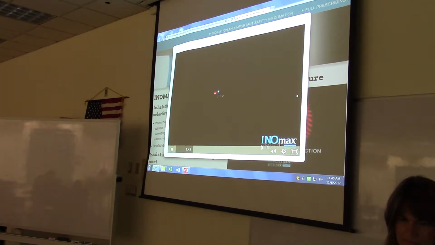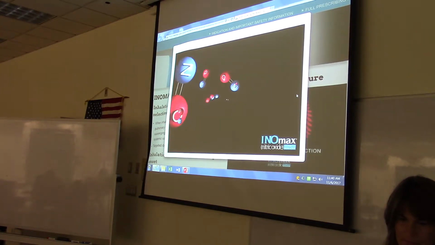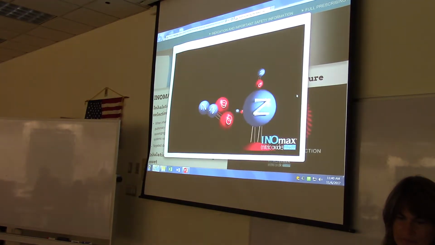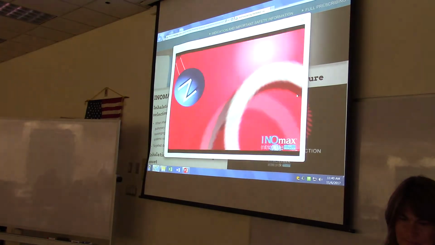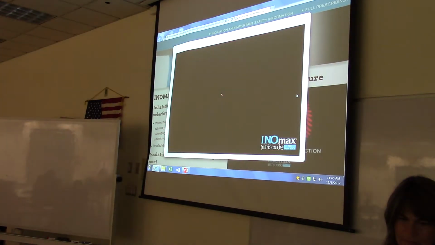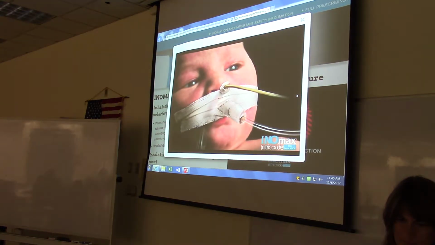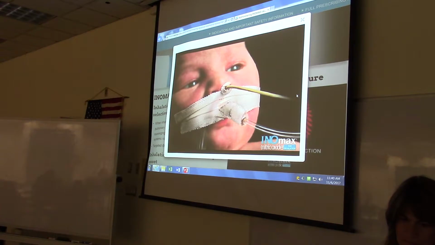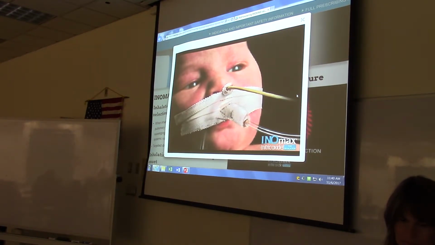Because HRF involves the lungs and pulmonary vasculature, treatment should be targeted at correcting the poor ventilation and poor perfusion. Nitric oxide is an endogenous signaling molecule that is a potent vasodilator. Inomax is a vasodilator which, in conjunction with ventilatory support and other appropriate agents, is indicated for the treatment of term and near-term, greater than 34 weeks neonates with